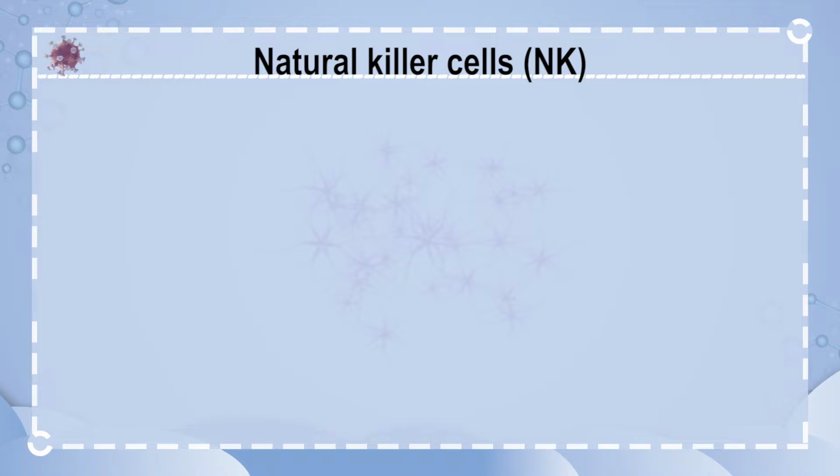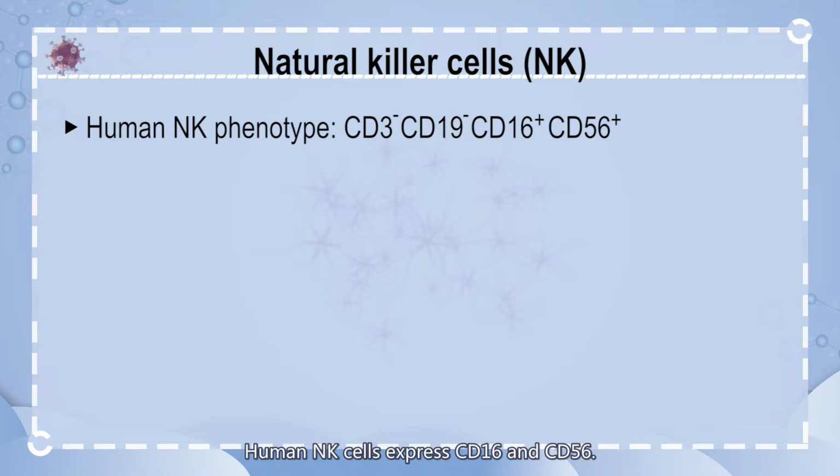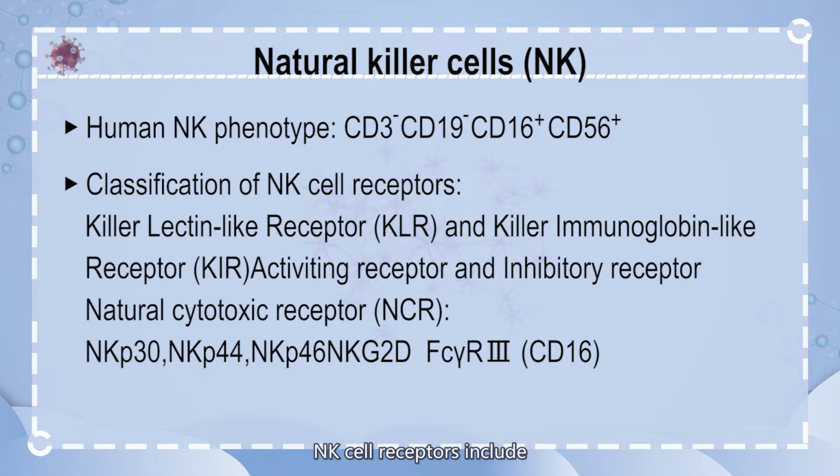NK cells are an important part of the early innate response to kill pathogen-infected cells and tumor cells. Human NK cells express CD16 and CD56. NK cell receptors include killer lectin-like receptor KLR and killer immunoglobulin-like receptor KIR. Killing by NK cells depends on the balance between activating and inhibitory signals. Activating receptors include NCR, NKG2D, and